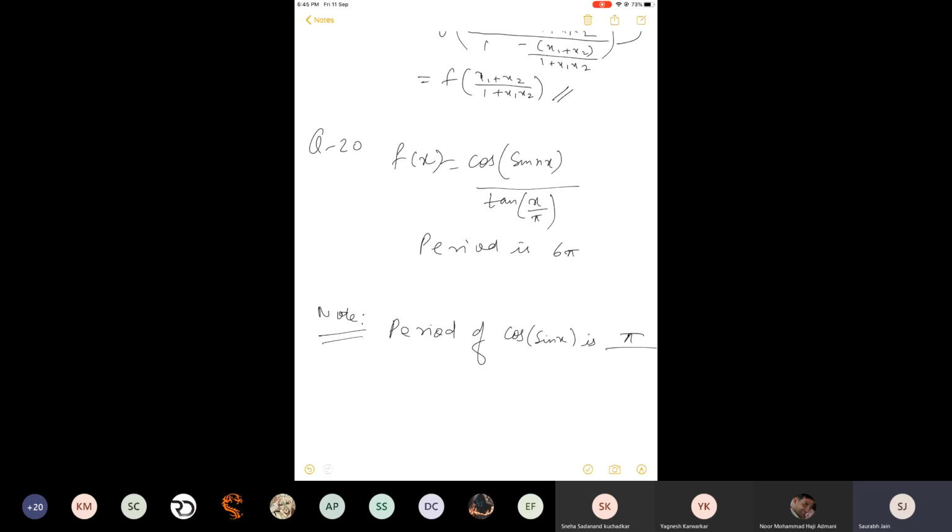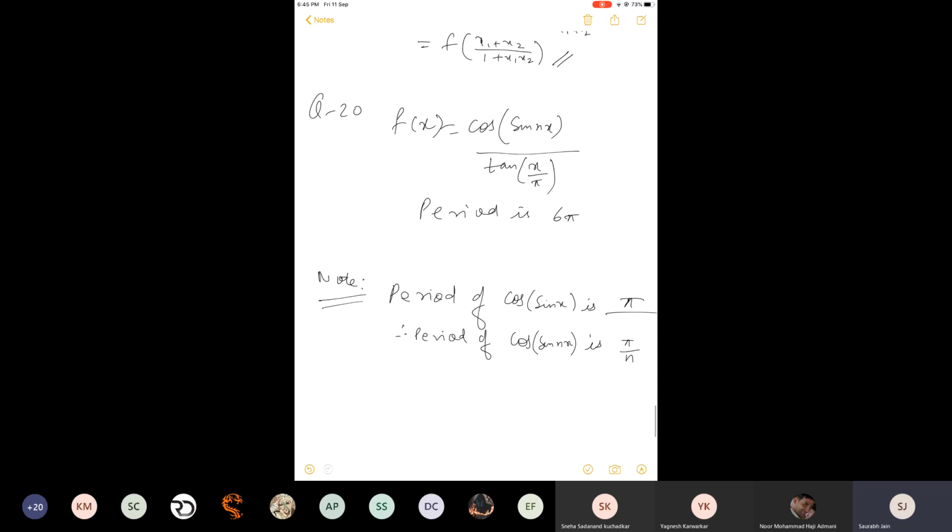So if this function cos sin x has period pi, therefore the period of cos sin nx, now you know what to write. If this whole thing has period pi, this will have period pi by n. No need to put modulus. Why? Because n is a natural number. It is given in the question that n is natural. Okay, so we have the period of the numerator. Now the next one is easy. The period of 10x is pi. So therefore the period of 10x by n, it's not pi, sorry, it's n.